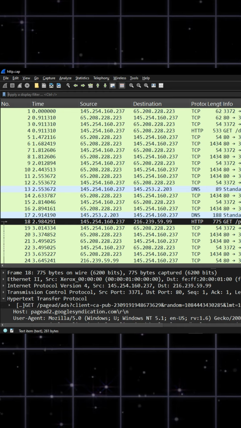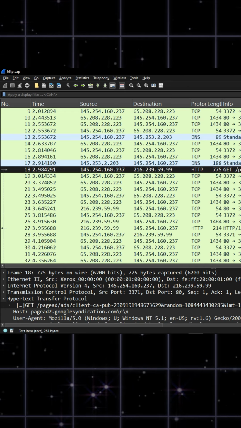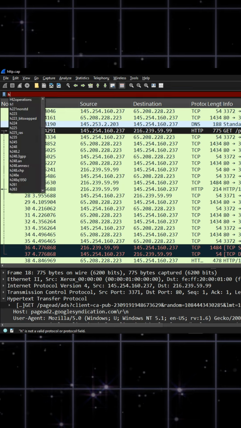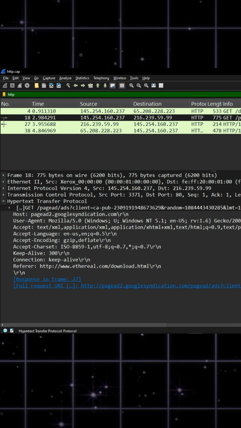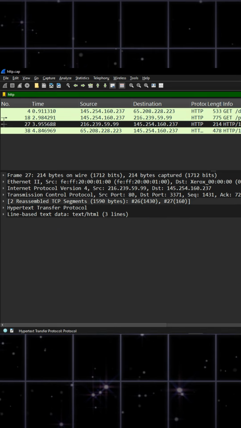Firstly, I've opened the HTTP pcap file over here, and in Wireshark I can see some details over here. Those who have an idea about this can filter out some HTTP or TCP requests, and we can get more metadata from over here.